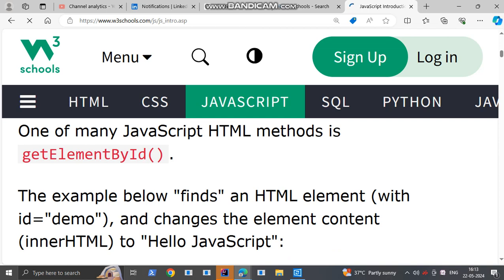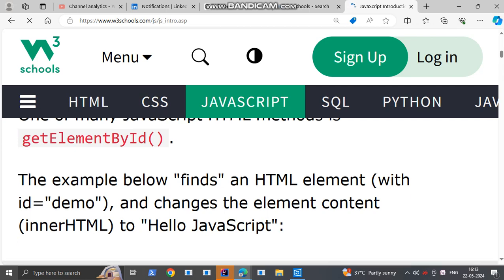This method finds an HTML element, the element with the ID demo, and changes the element content. The content will be changed to Hello JavaScript.